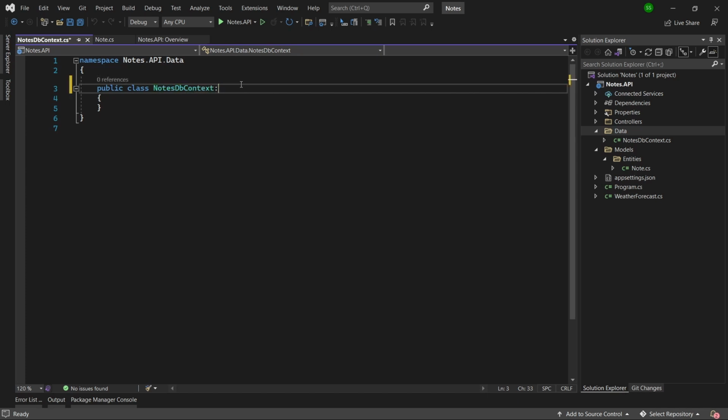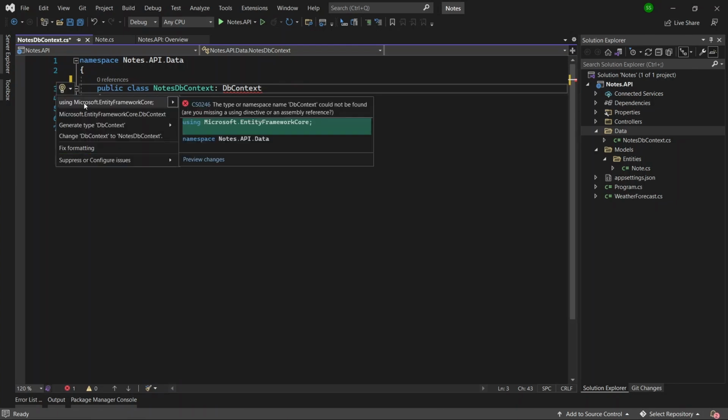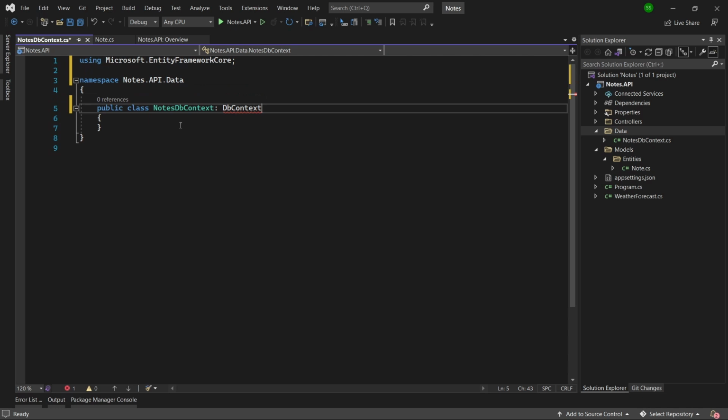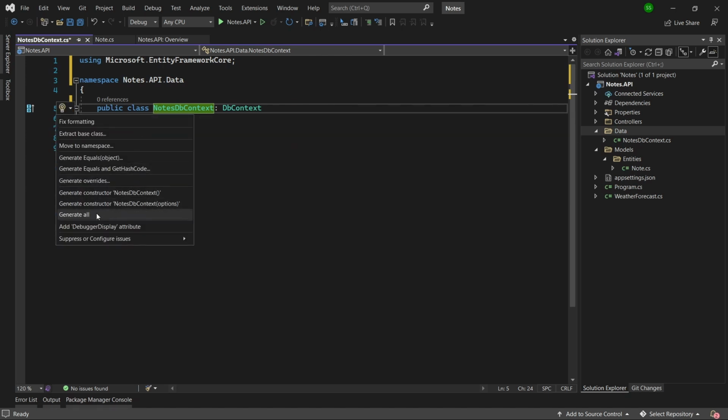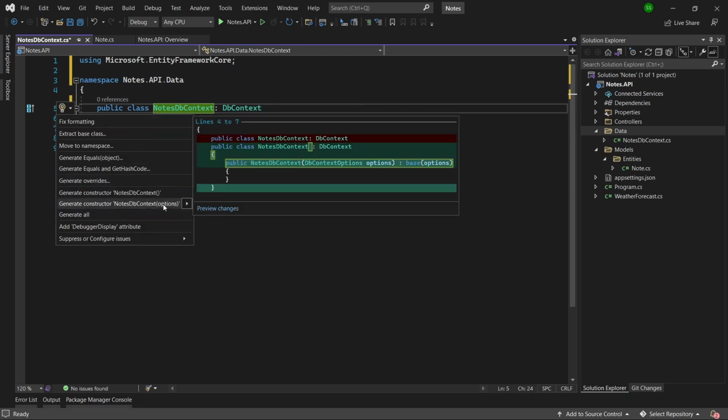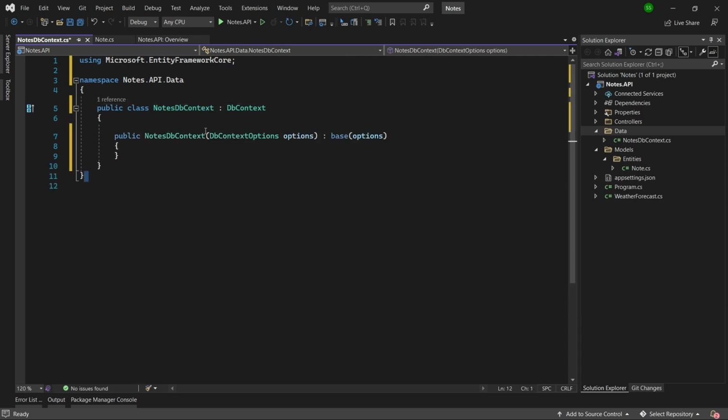This will basically inherit from DbContext. And if you click Control + . to import the dependency, we will use Microsoft.EntityFrameworkCore. And if you come over here to the NotesDbContext and press Control + . again, you can generate the constructor with this options one. So we have the constructor which we can pass options to, and that will pass options to the base